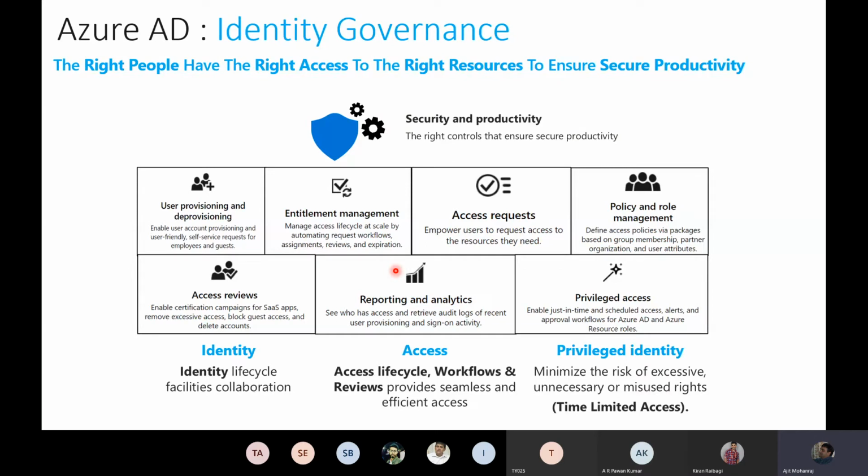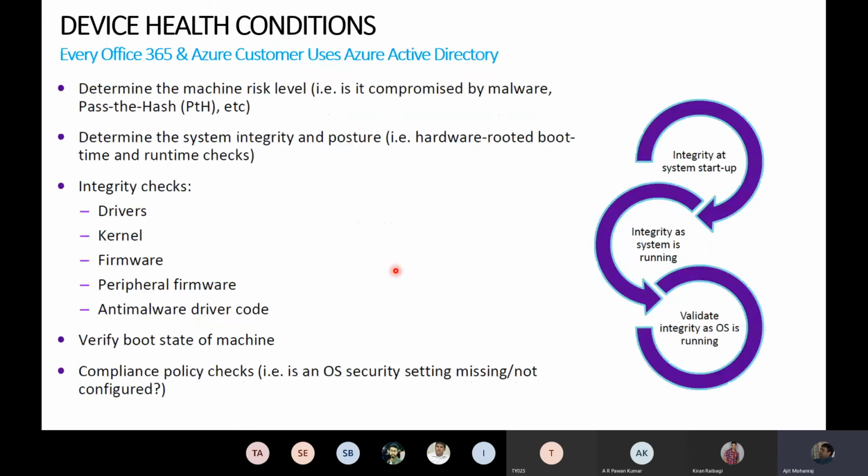I can also automate the entire entitlement process. I can set policies based on groups or individuals. I can do those access reviews we just spoke about, making sure the identity is completely okay. Access is always watched, and things like privileged identity are getting exactly what they want. All of that has been taken care of by Azure AD. So that is just one little element there.